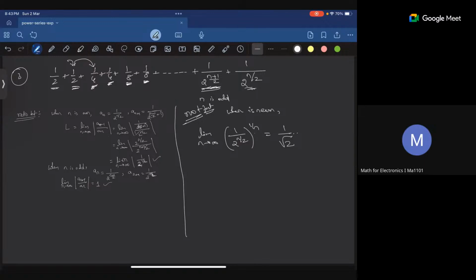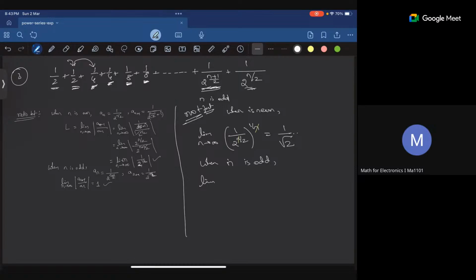Okay, so n and n will get cancelled out. You will have 1 by 2 power half. 2 power half is nothing but square root 2. So when n is even, you will have 1 by root 2. When n is odd,